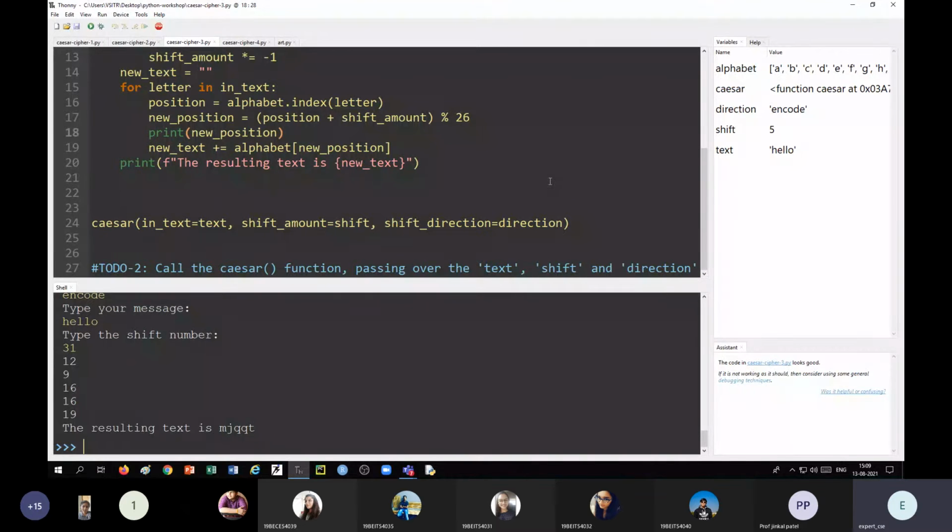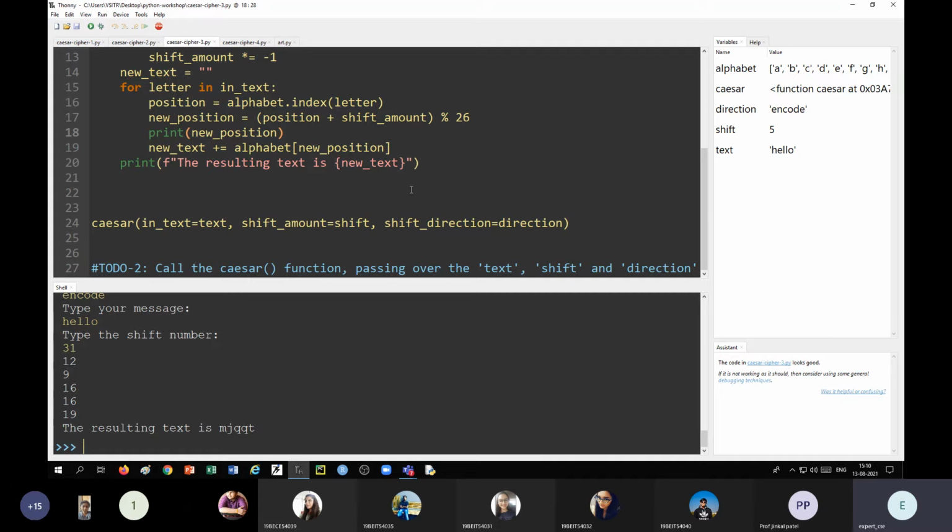Now, can you do this? I want to make some changes that instead of running the program every time, I want to ask a user continuously if he wants to continue, then he may type yes, then it should continue.